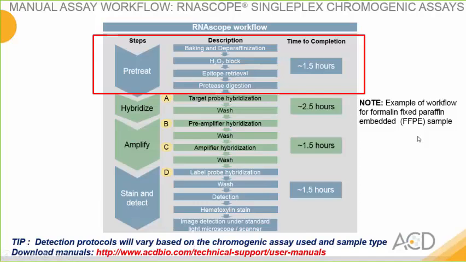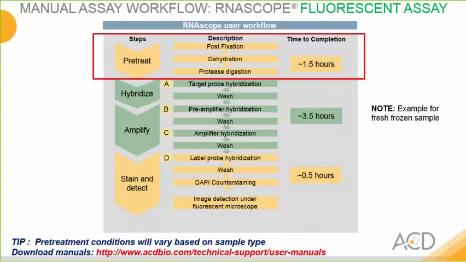So shown here is FFPE samples running the chromogenic assay. And for FFPE, the first step is a baking step and deparaffinize in xylene to remove the paraffin, followed by the H2O2 epitope retrieval and protease digestion steps. So once this is achieved, you can comfortably proceed with the rest of the assay. So in this next example,